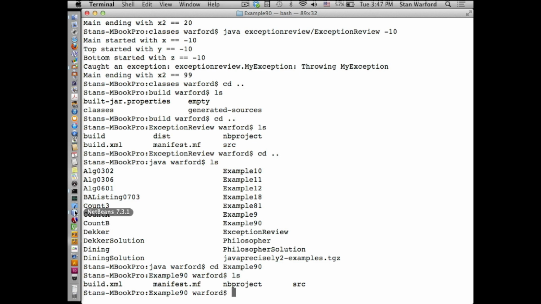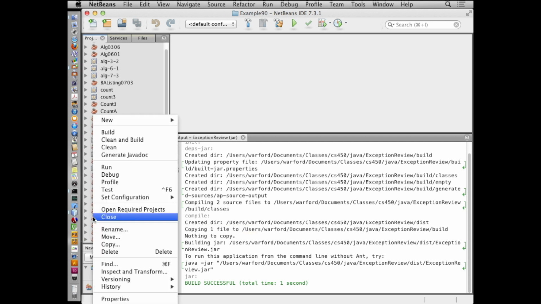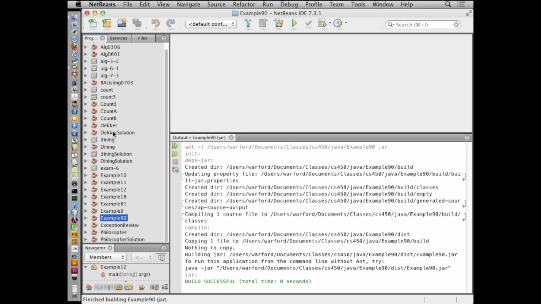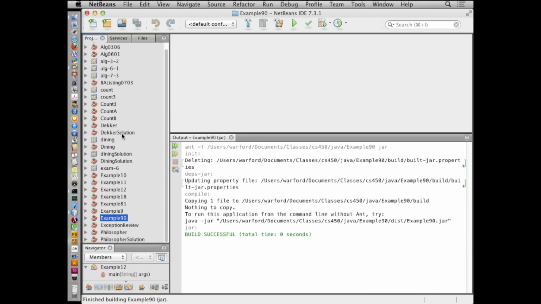Yeah. Example 90. So I'm having to build these. Yesterday. Yeah. Did that do 90? Did that build? I didn't see that. Okay, well, we'll build it again. Oh yeah, it did build. Okay, so